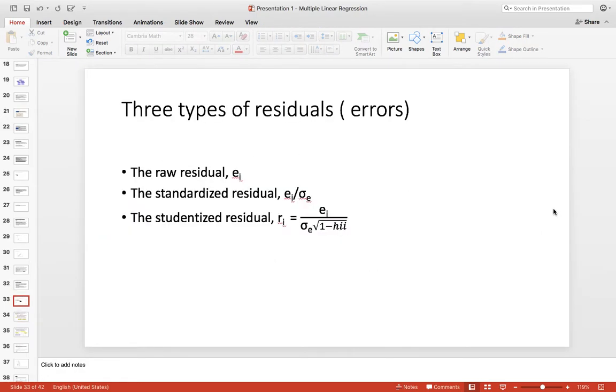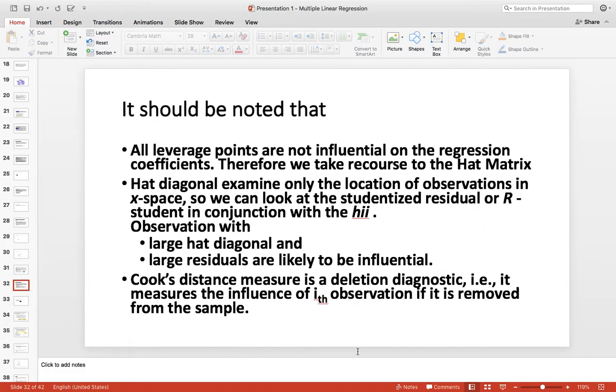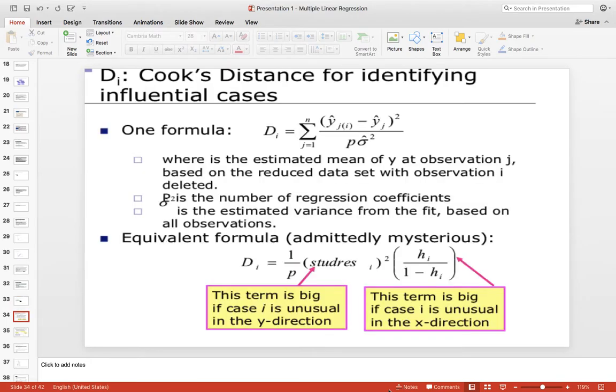Now we talked about Cook's distance. We will delve a little deeper into that. Cook's distance is calculated for identifying influential cases. One formula of Cook's distance is the sum over j of y hat j minus y hat j(i), all squared. Here (i) means one value is deleted at a time. So for every observation you get a value; if you have n observations, you get n Cook's distances.